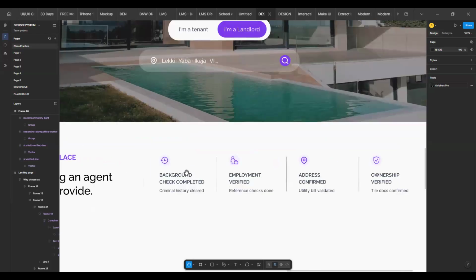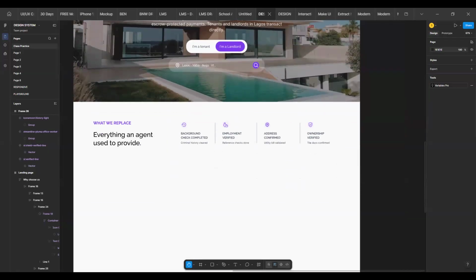All right. And number one of the information is background check. I want to know what my landlord is. Has there been any criminal record? If no, yes, that's been cleared. Employment verified. I have to be sure my landlord is not depending on my rent payment. Address confirm, et cetera. All right, so that has its own work. All right, so the next thing I might want to do next is I might want to